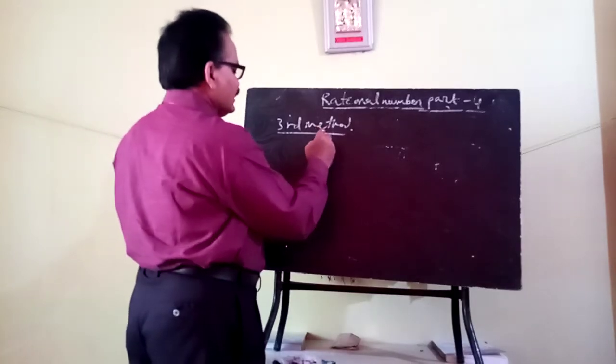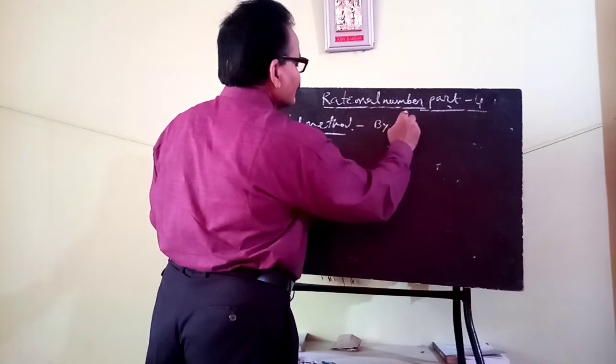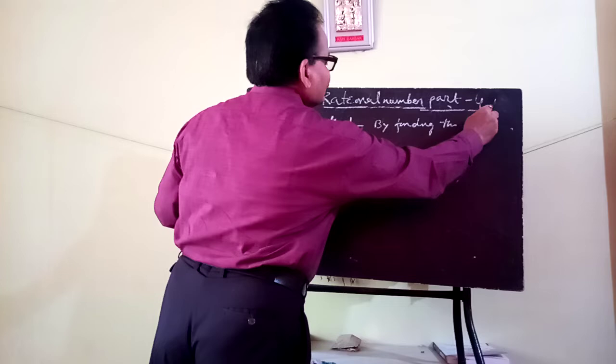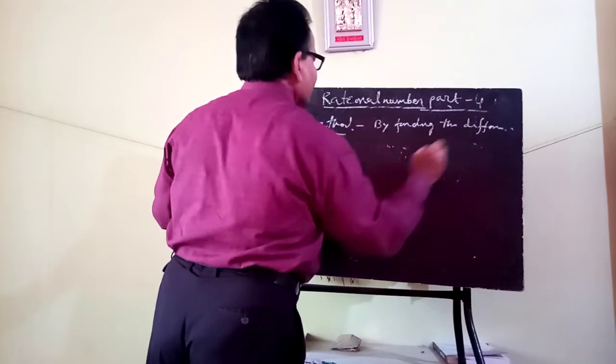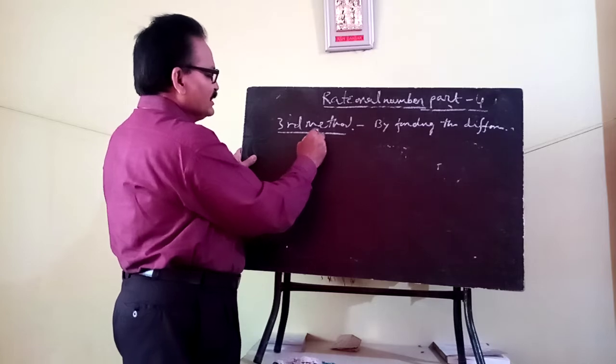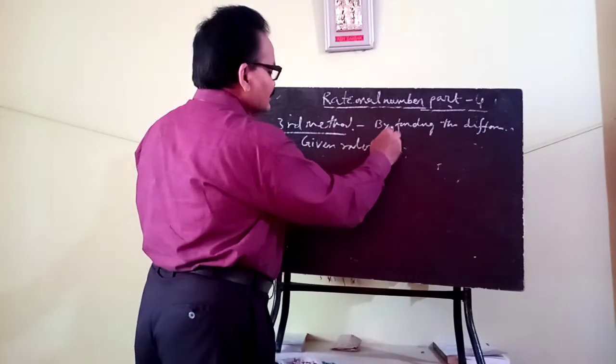Now, okay, third method is by finding the difference given, as for example, given rationals are